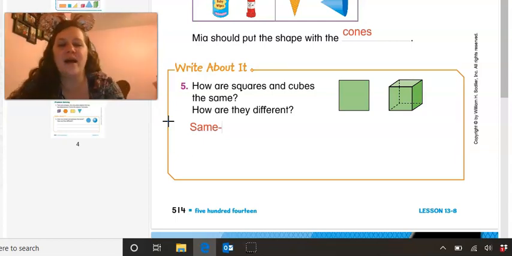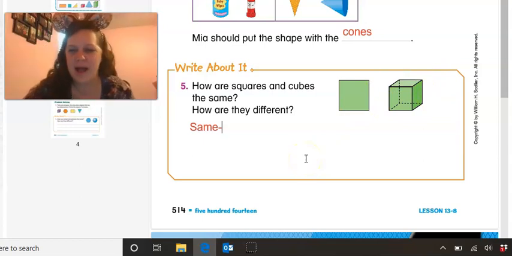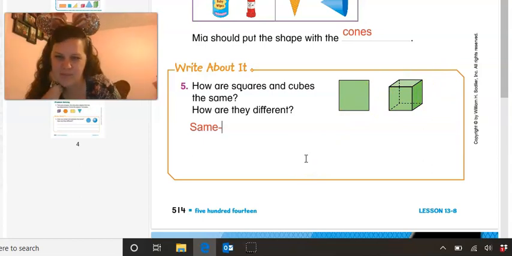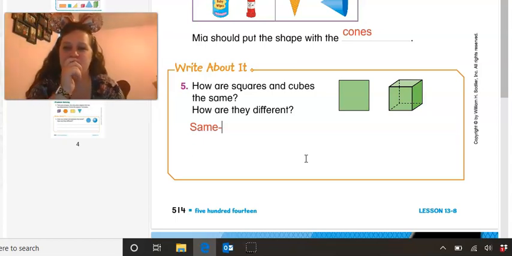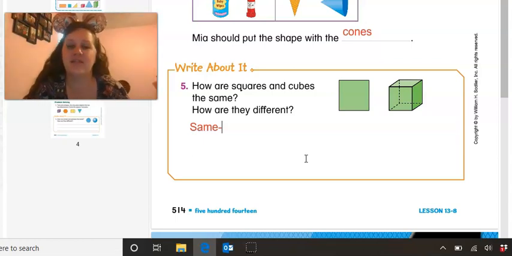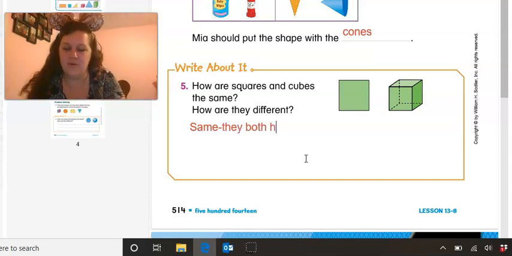If we look at a square here and a cube here, first we're going to talk about how they are the same. To me, the simplest thing to write that is the same about these two is that they both have